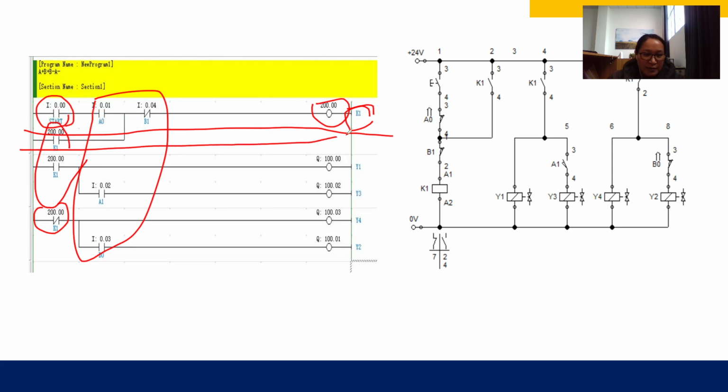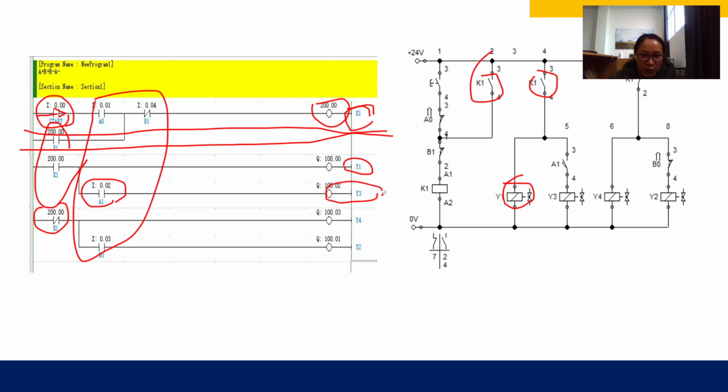The program is that if we push the start button, K1 will get power, and Y1 will work. Then at the end of Y1 working, A1 will get power.